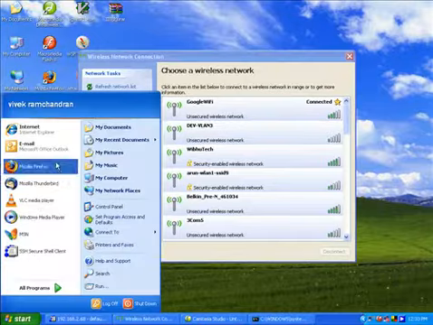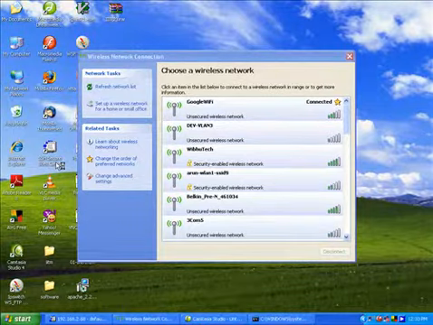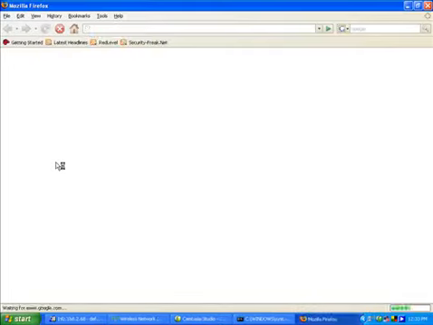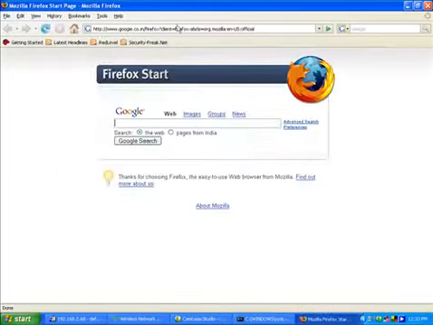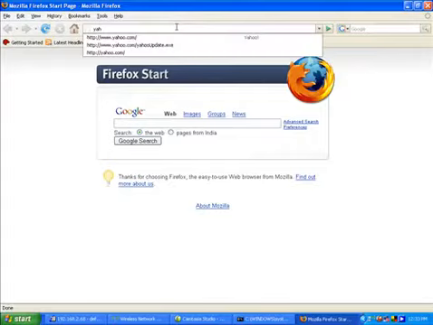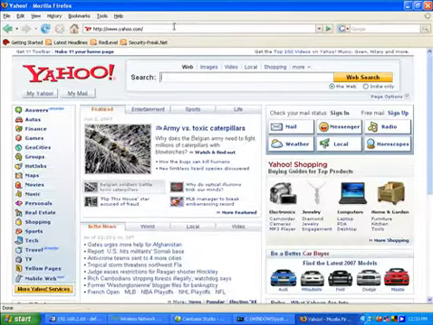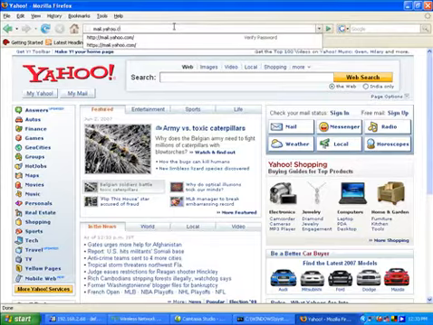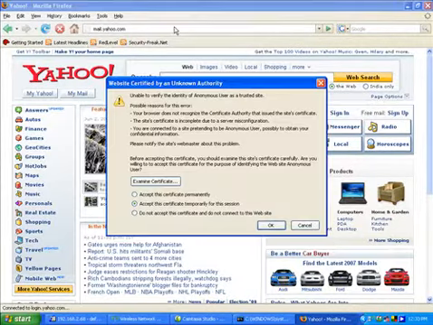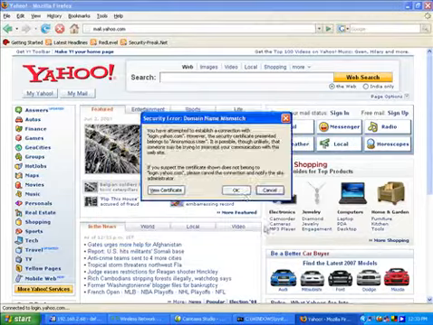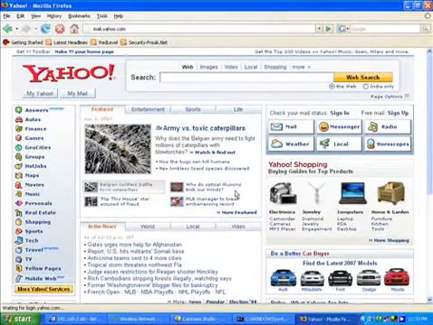Now we go ahead and start our web browser and go to yahoo.com. For the user, everything is so transparent, as in till now you cannot see any difference as to what is happening behind the scenes. So he clicks on mail.yahoo.com and we actually see that there is a certificate problem. Now statistics suggests that around 95% of the users just go ahead and click OK to a certificate problem.